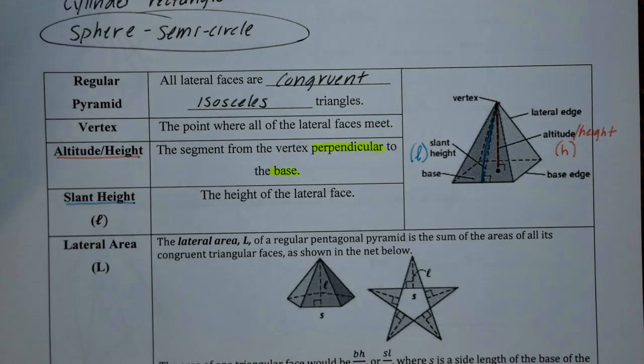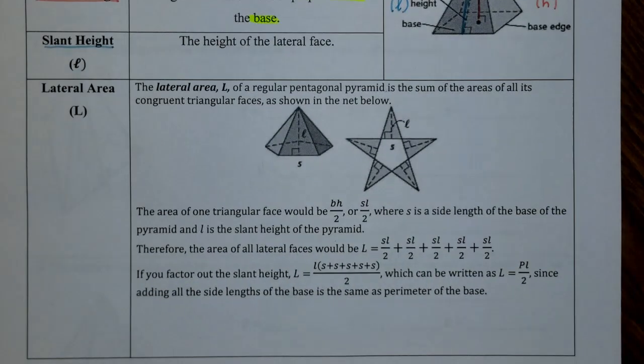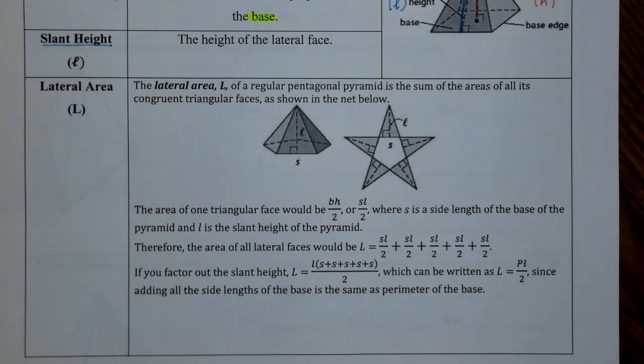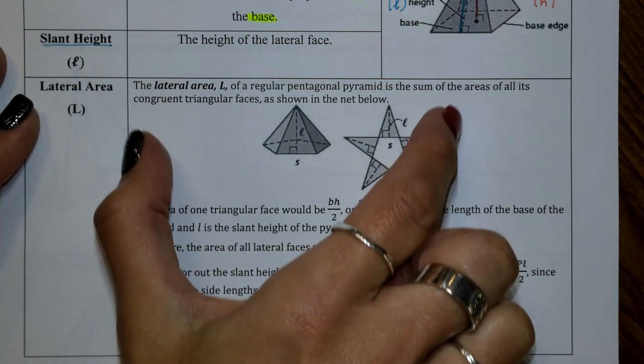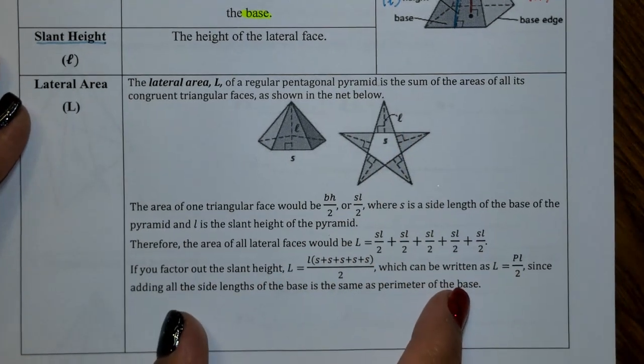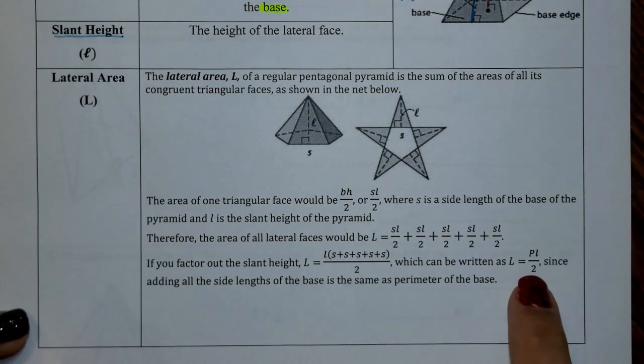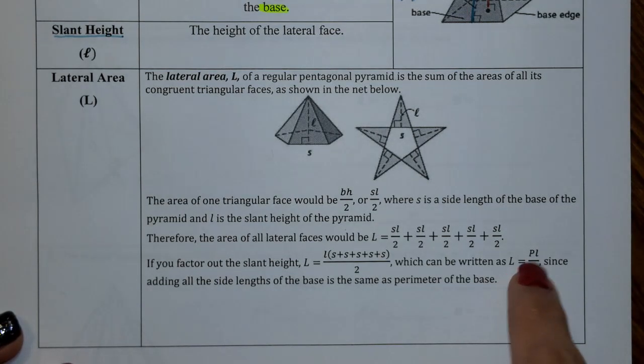Now, the next section explains where the lateral surface area comes from. And lateral, we do represent with an uppercase L. It's going to be one of the surface areas we're going to find. I'm not going to go through and explain all of this, but I'm sure you can search on YouTube for a video that explains it if you really do want to know how we get our final formula, which is big L equals big P, that will be a slant height L,